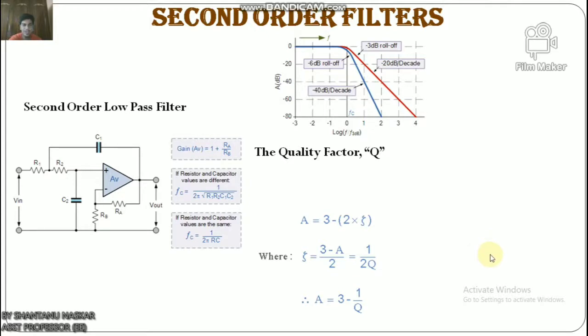Most designs of second order filters are generally named after their inventor, with the most common filter types being Butterworth, Chebyshev, Bessel and Sallen-Key. All these types of filter design are available as low pass, high pass, band pass and band stop or notch filter configurations. And being second order filters, all have a 40 decibel per decade roll off.